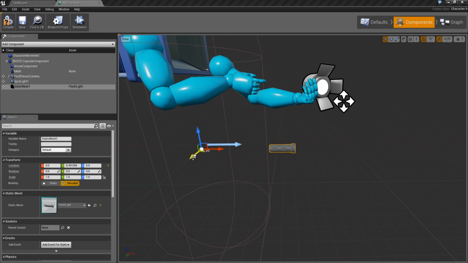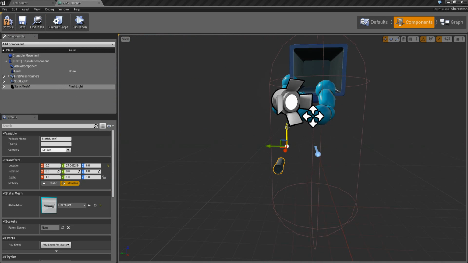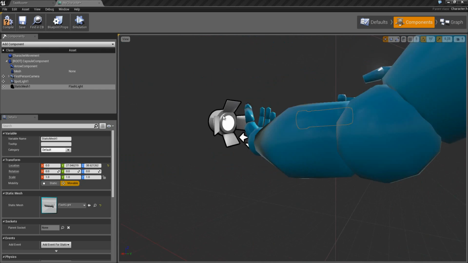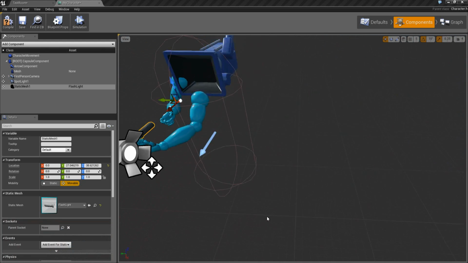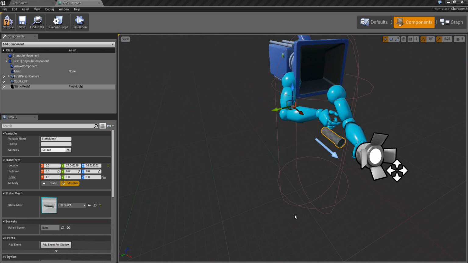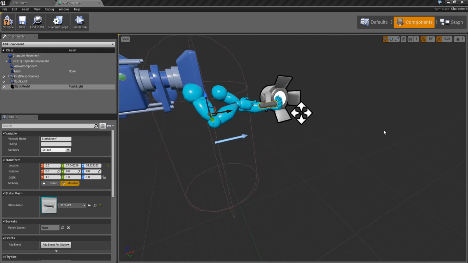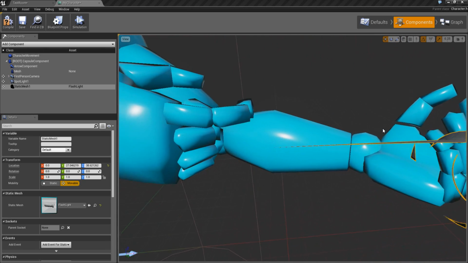We can move it where it has to be, but if you move it up, it just falls short. Sadly, you cannot change the pivot point permanently in the editor. They might put it in soon, which I hope they do, because it'll save people so much time. But until then, let's do it again. Okay, so if it's right there in the center,